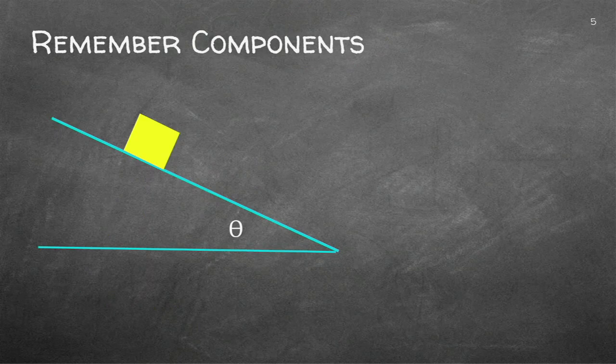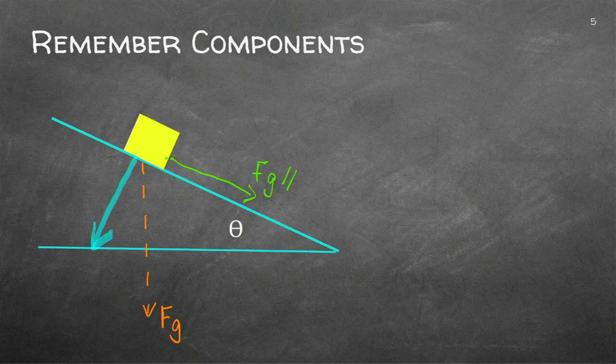I would draw the gravity as a dotted line, because I'm going to substitute the gravity with the two components. I'm going to have a component that's going to be parallel, and now I can draw it with a solid line. And I'm going to have a component which is perpendicular. And you will now see that when we draw the free body diagram, I can actually draw a triangle. So let's go and draw the free body diagram.